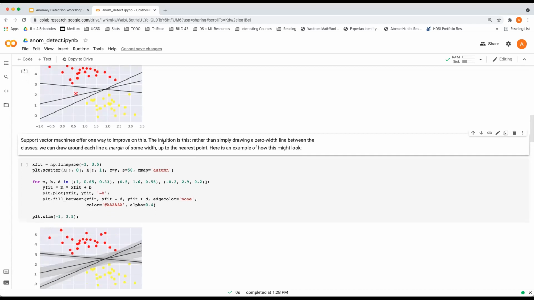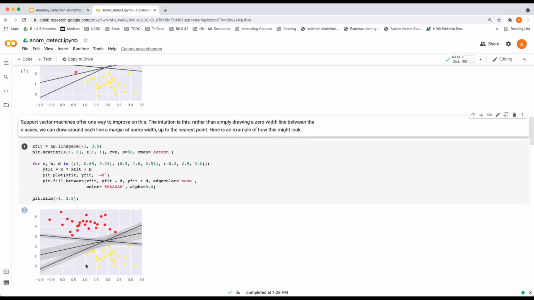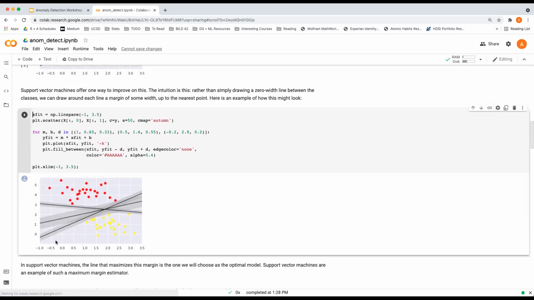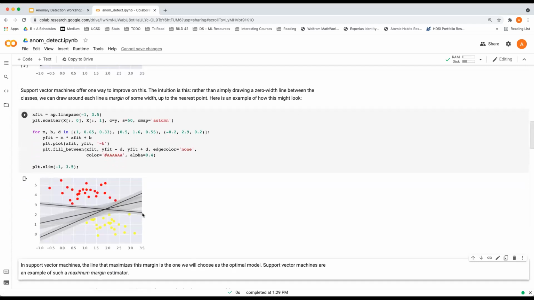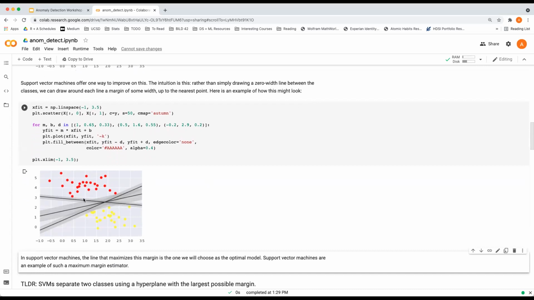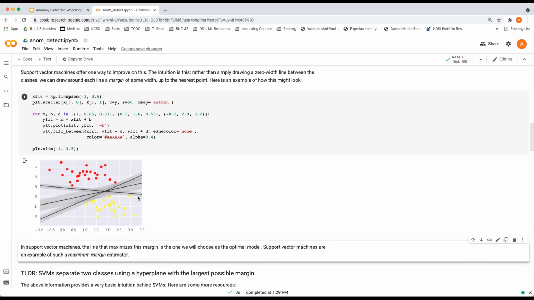But if we draw a little bit of width on it, we classify this as a margin, this gray area here. So we draw a little margin around our lines. The size of the margin is up to some point, you might decide that a certain value is better than another. Now we see that intuitively, this line here is probably not the best line. It's hitting some yellow dots, and this line is getting really close to some red dots. So